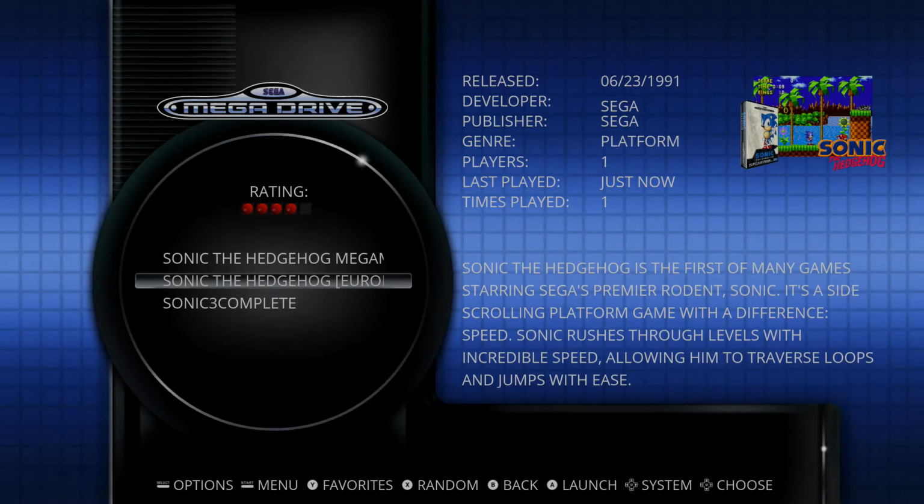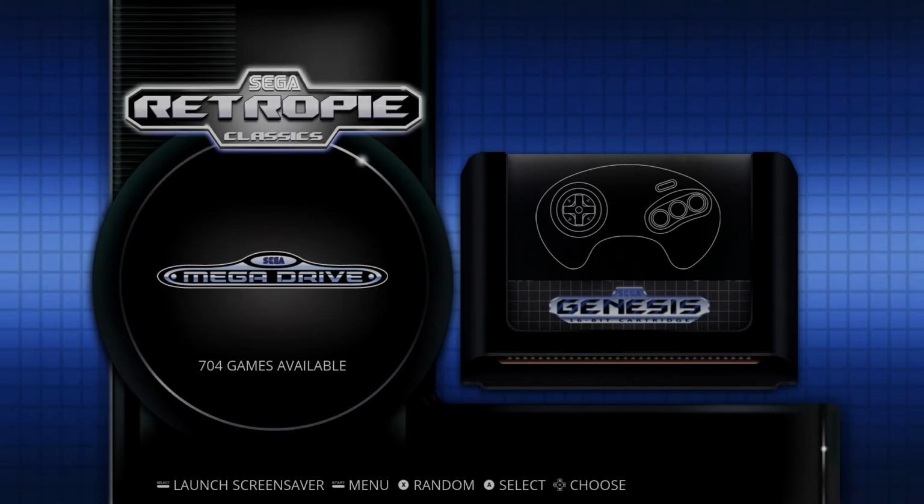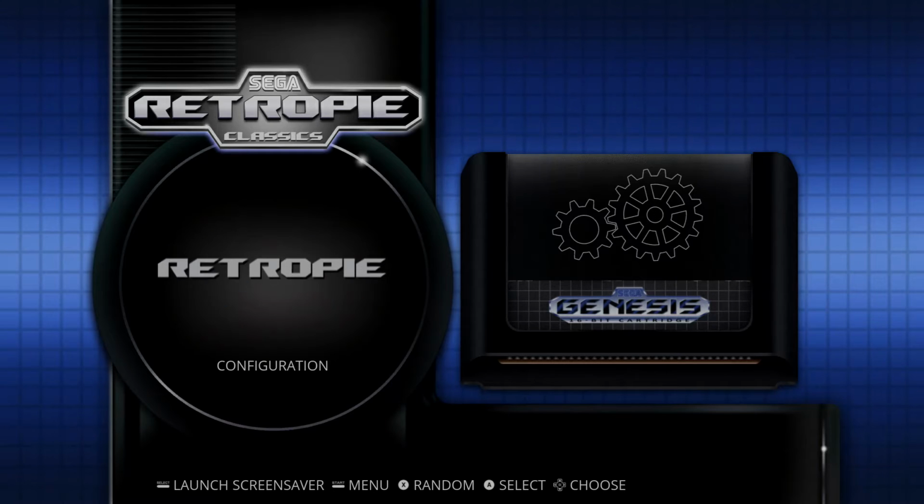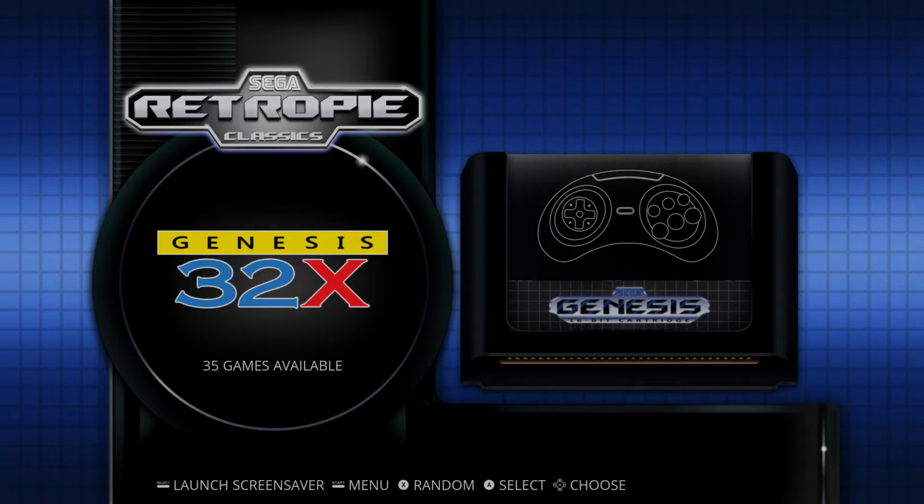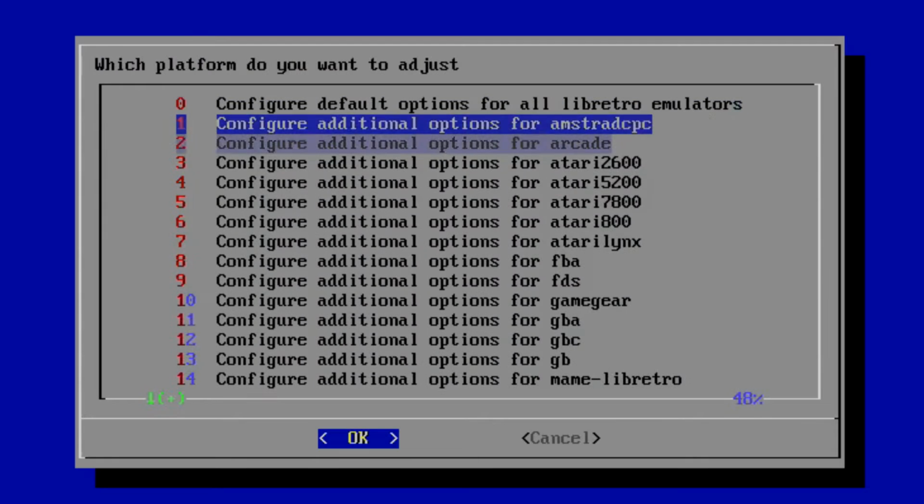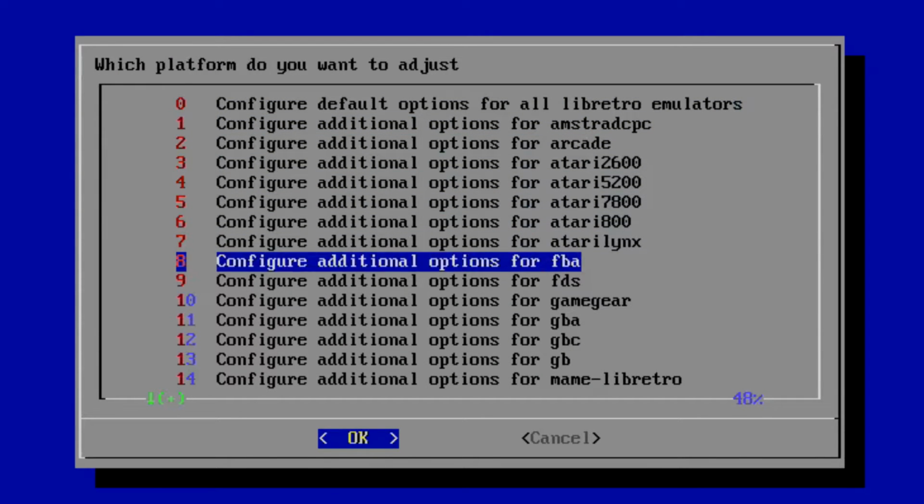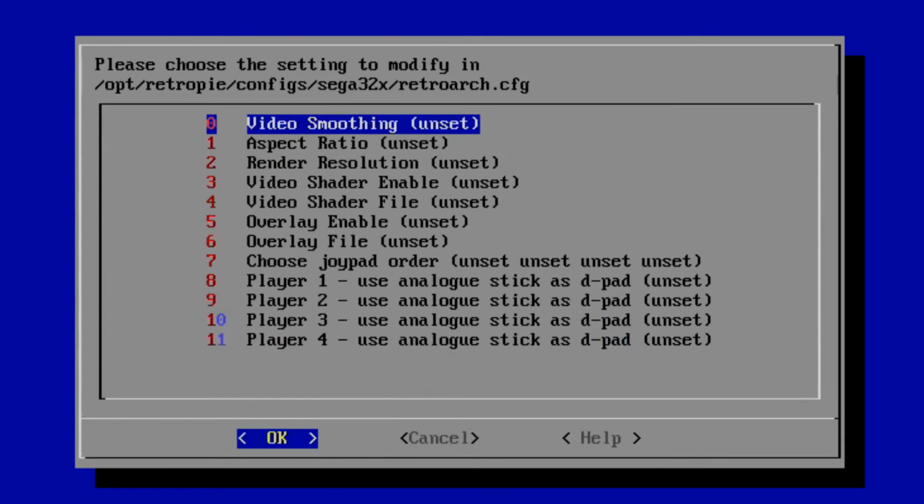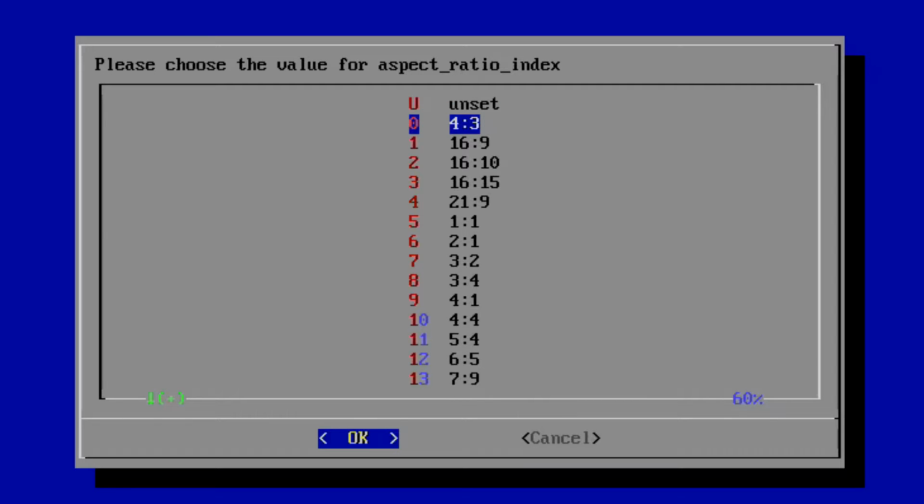Alright, so let's hit start and select to exit. So it's pretty much a rinse and repeat from here on out for every system on our list. So let's see right here, 32X. So let's go to configuration editor, configure basic, click all the way down, Sega 32X, aspect ratio 4:3,